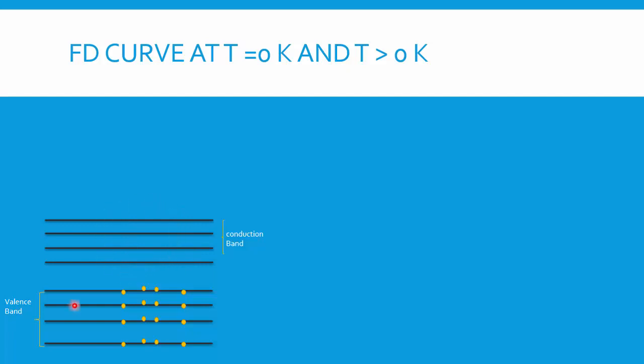So suppose you have valence band levels 1, 2, 3, 4, and for all the energy levels the vacancy is 4. What does it mean? You can see from this diagram that all the energy levels in the valence band are full. If the first energy level has 4 spaces or 4 vacancies, all 4 vacant positions are occupied by electrons. Similarly for the next 3 levels, all are occupied.